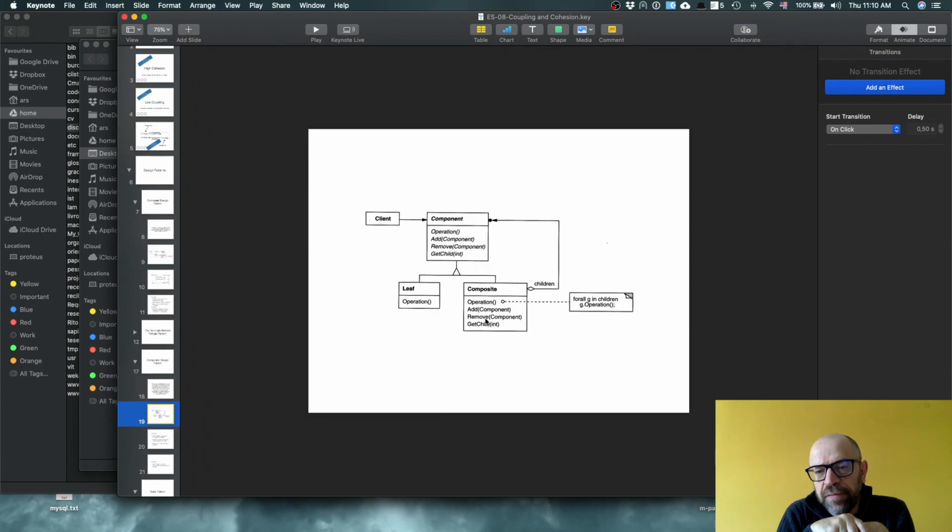So let's think in terms of coupling. Well, in terms of coupling, the client is decoupled from the component. Why? Basically, he only needs to know the operation. He does not need to know the structure. So this is, for instance, the example. If the user interface is implemented as a composite, you have an operation there that receives a click. So when you click with the mouse, this is propagated in this structure